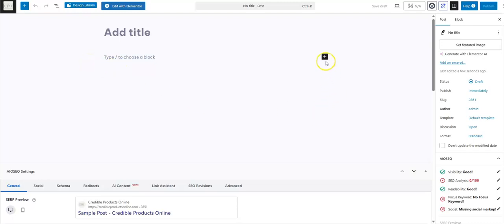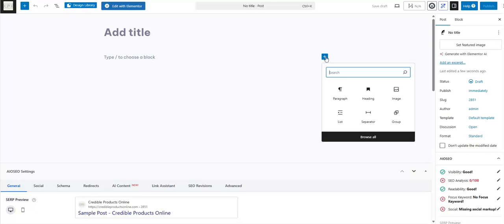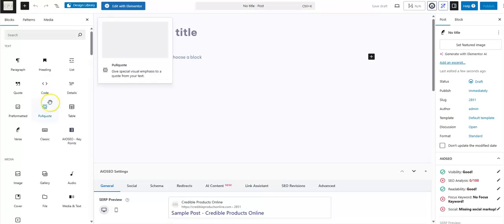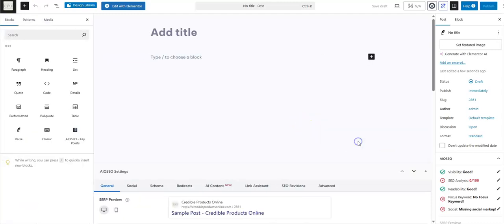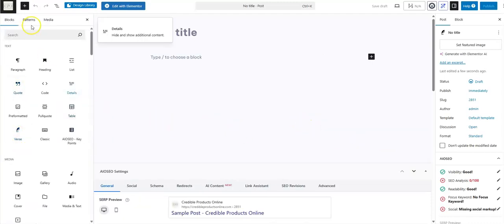So, a couple of ways of doing this. Normally you'd go to here to add a new block. You'd also go up to the top left here and add a new block. I'd prefer this method because you've got more options straight away, but you can do it either way. You can go to that one over here, the plus sign, wherever you are in your document, and then you can go to browse all and you can get access to all of these on the left,